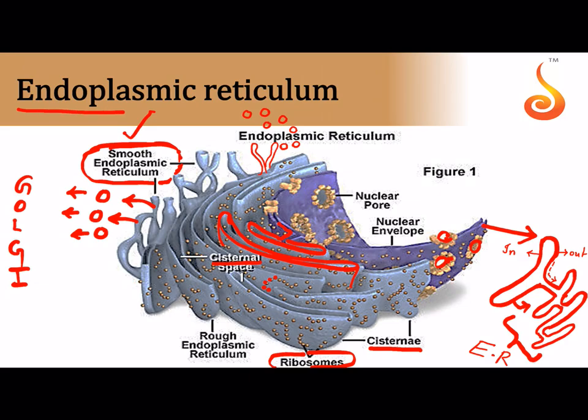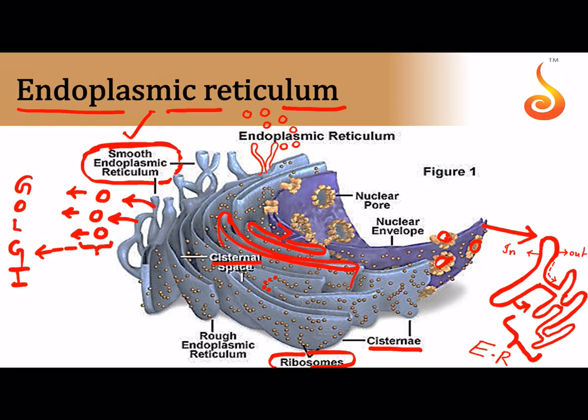Please go through the functions of endoplasmic reticulum. All the protein synthesis, obviously because it is attached to ribosomes, protein synthesis, processing, packaging of proteins, everything happens over here. The packaged proteins are transported by these vesicles, isn't it? And these vesicles are the ones which usually provide the raw material to the next cell organelle in line, very close to the endoplasmic reticulum, that is referred to as the Golgi complex.